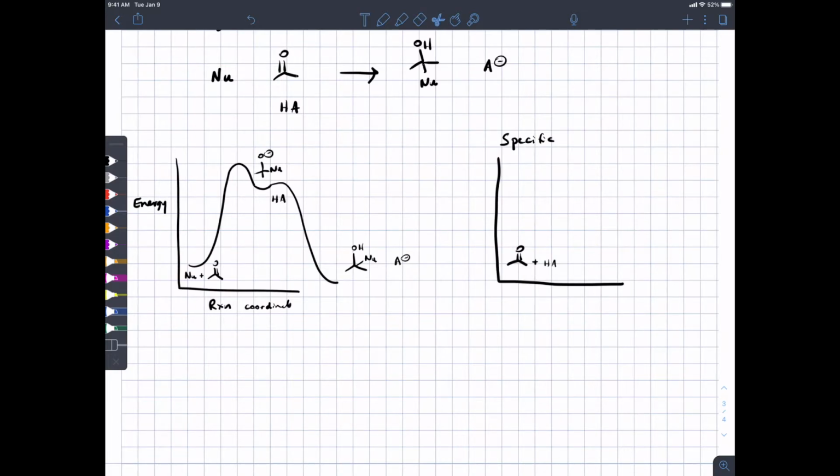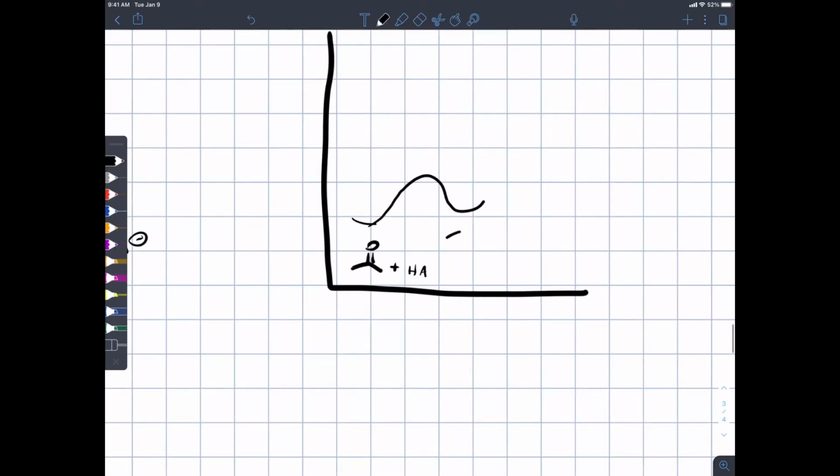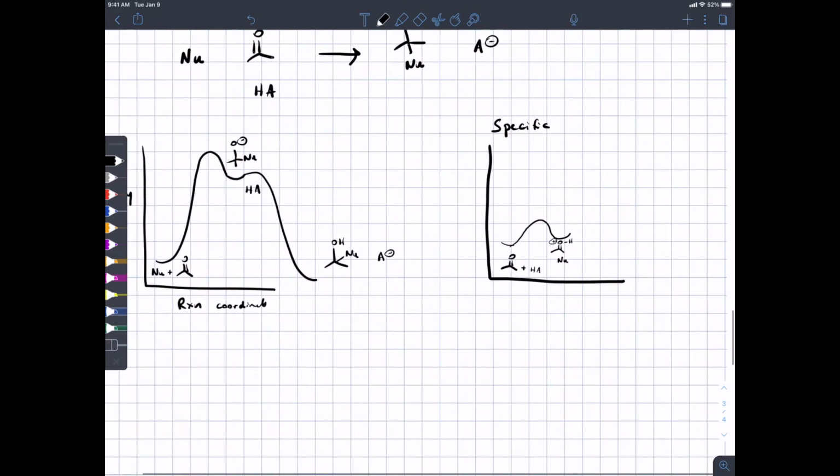I am very sorry, I'm trying to draw things on roughly the same scale, and it's not working very well. So you start out at the same point, but prior to the reaction, you protonate the carbonyl compound, and this isn't the rate determining step, and you can tell it's not the rate determining step because it's not got the highest activation energy. And then the nucleophile attacks,